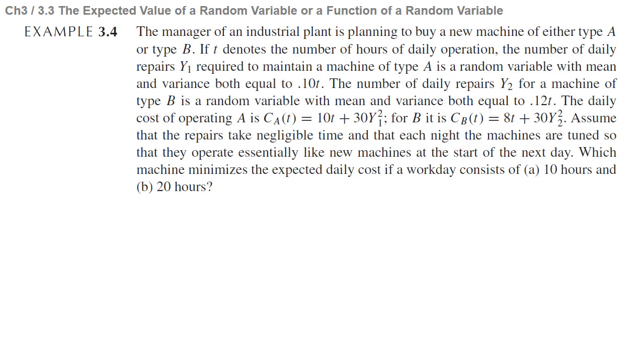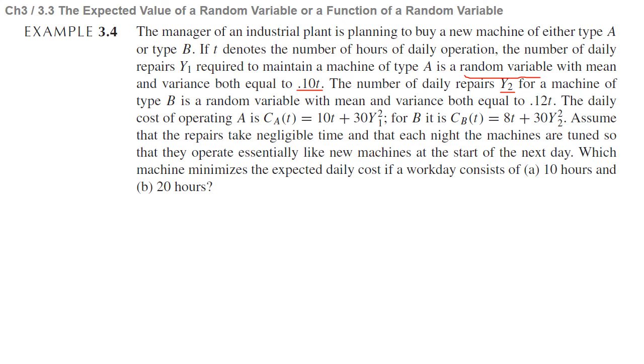let's look at example 3.4. The manager of an industrial plant is planning to buy a new machine of either type A or type B. If T denotes the number of hours of daily operation, the number of daily repairs Y1 required to maintain a machine of type A is a random variable with mean and variance both equal to 0.10T. The number of daily repairs Y2 for a machine of type B is a random variable with mean and variance both equal to